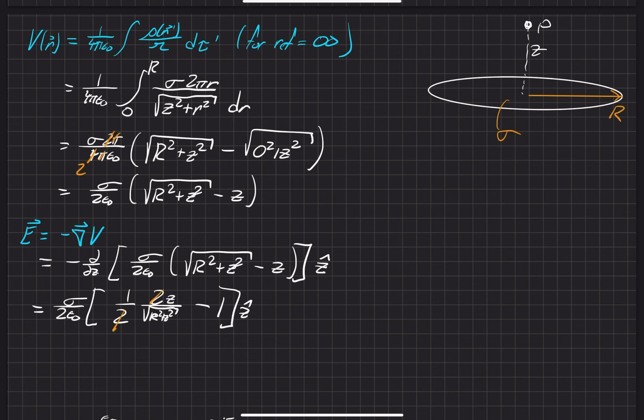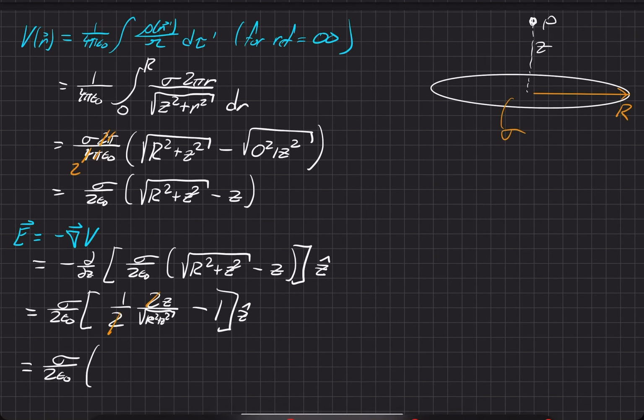Let's clean up. So all that's left now is the sigma over 2 pi epsilon naught. I think it's safe to use parentheses now. There's a minus sign, so I'm just going to take that minus sign, distribute into these brackets, which flips the signs of those. So we have a positive 1 minus z over the square root of r squared plus z squared,